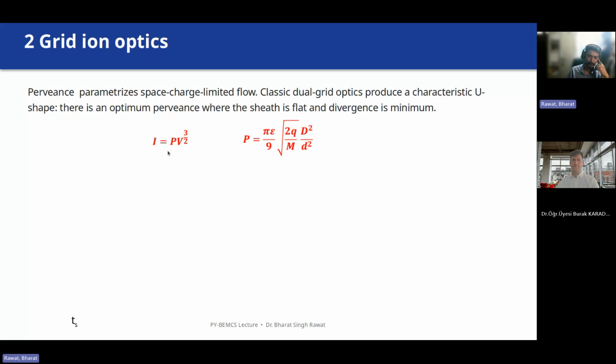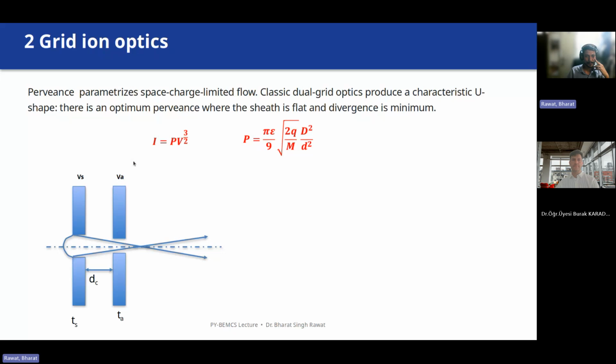And the current which is extracted out of these apertures is defined by this relationship, which is not directly proportional to the voltage. It is very analogous to resistance in a normal conducting wire. If you compare this relation with a normal conducting wire and Ohm's law, which is I is equal to V by R, instead of R you have P, and instead of V you have V raised to 3 by 2, because it's a vacuum, and instead of conducting in a normal wire you have this 3 by 2 power relationship.